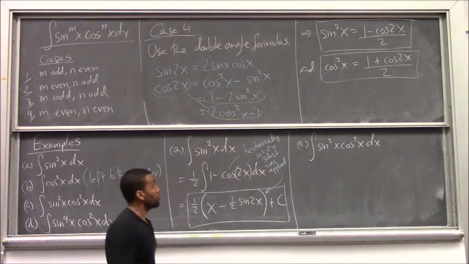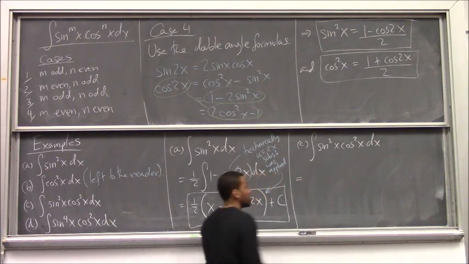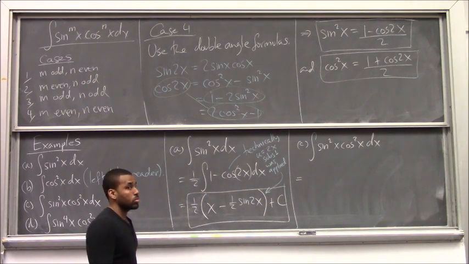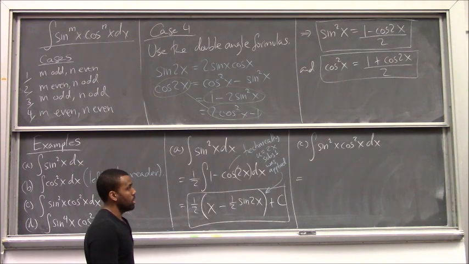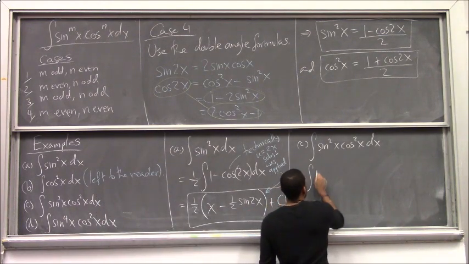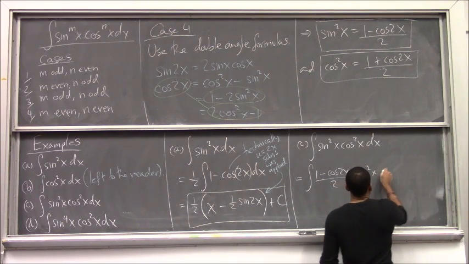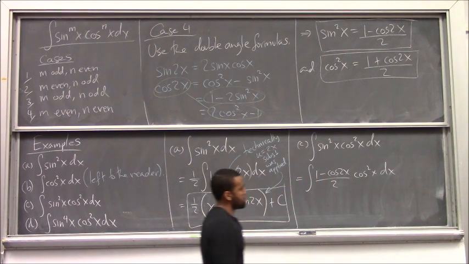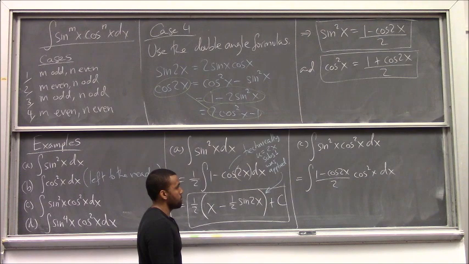How would you do that? Ideas? Yeah. Sub sine squared x for 1 minus cosine 2x over 2. And then you have all equal cosines. Yeah, you can just distribute and integrate, can't you? How would you integrate that? If you distribute,